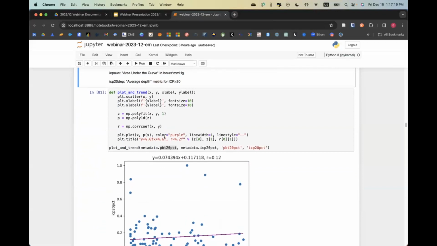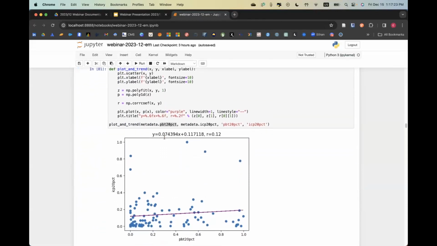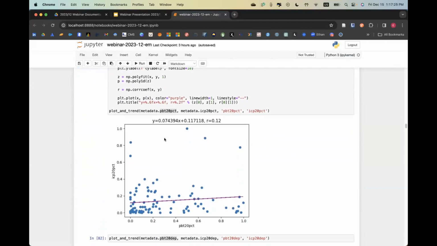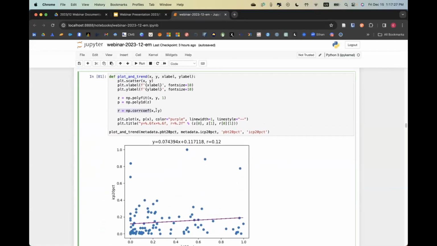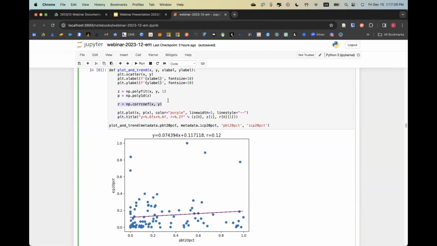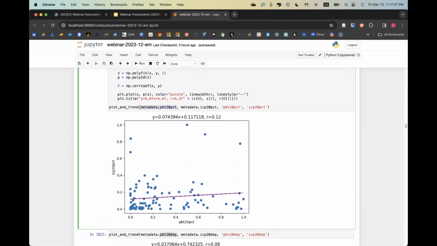So I created another function here that plots a scatter plot with a trend line, and it also calculates the R correlation coefficient. And I'm able to take some of these metrics and see whether they're correlated with one another. This is kind of after you visualize the raw signal, you want to check for correlation, because measurement modalities and features that are highly correlated with one another actually should be excluded from